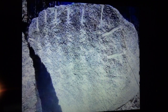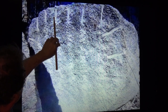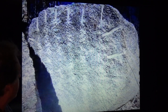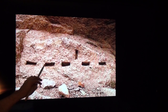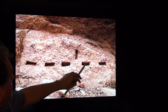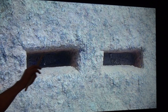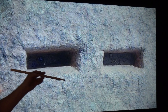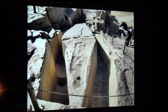Not like this here. You can see the dark, the light, where these things are breaking. They actually come straight down and break the structure right in half. Now these are those rectangular holes that I took some pictures of while I was up there at the quarry. These holes are all over the place, but they're pretty accurate. They're in line, but like I said, you can just get a square edge in there,